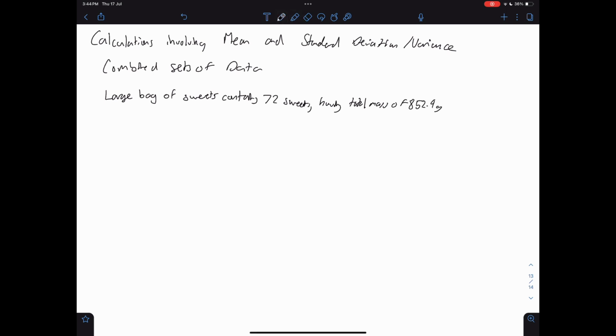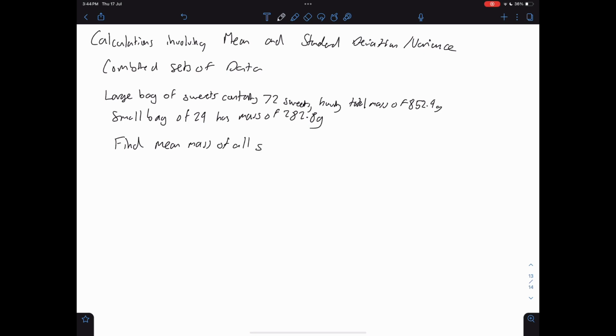A small bag of 24 has a mass of 282.8 grams. So it's asking you to find the mean mass of all